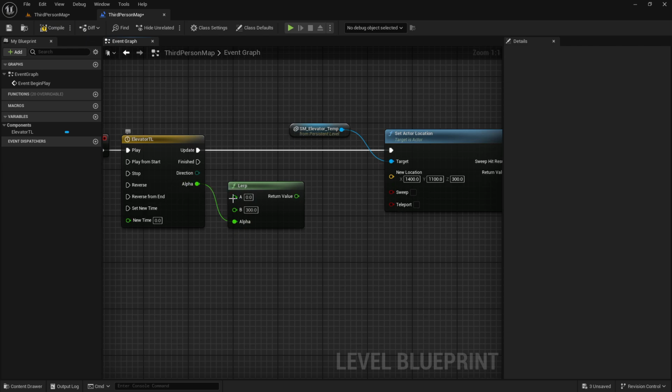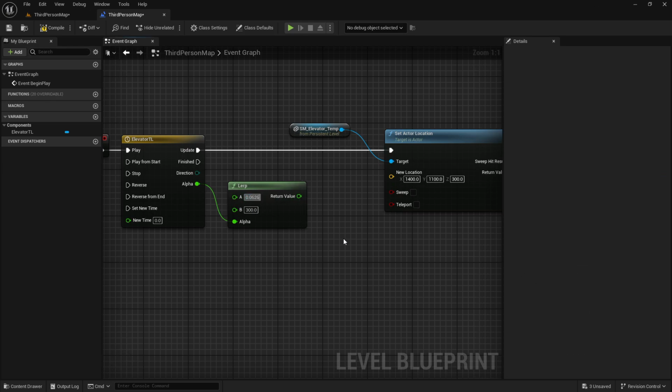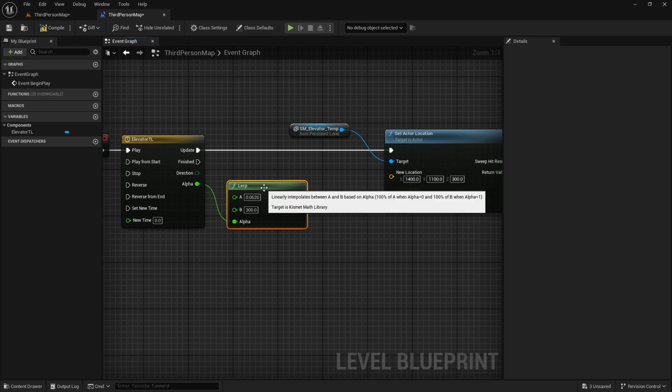So when the value goes to 1, it will be mapped to 300, and when the value is 0, we have to put this value, copy and paste here. Now you can see that if I